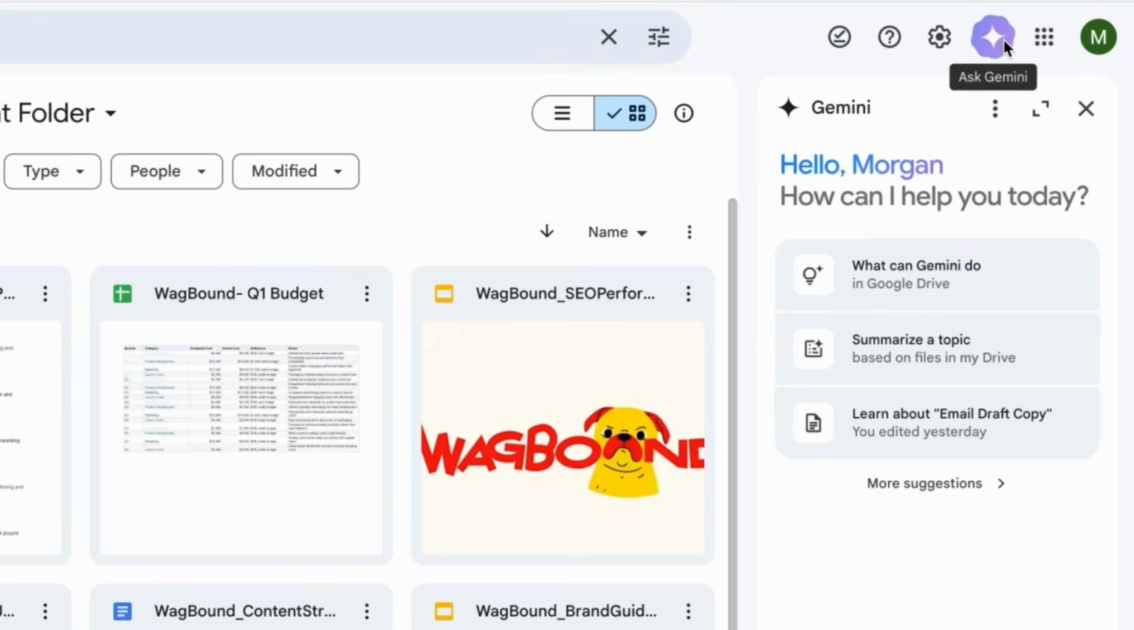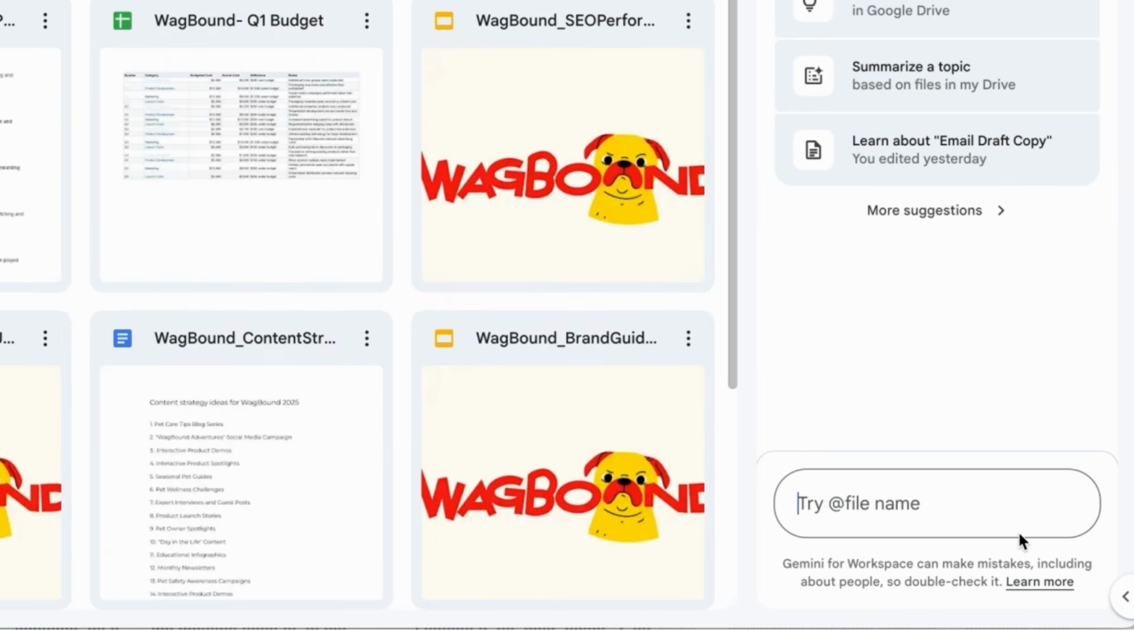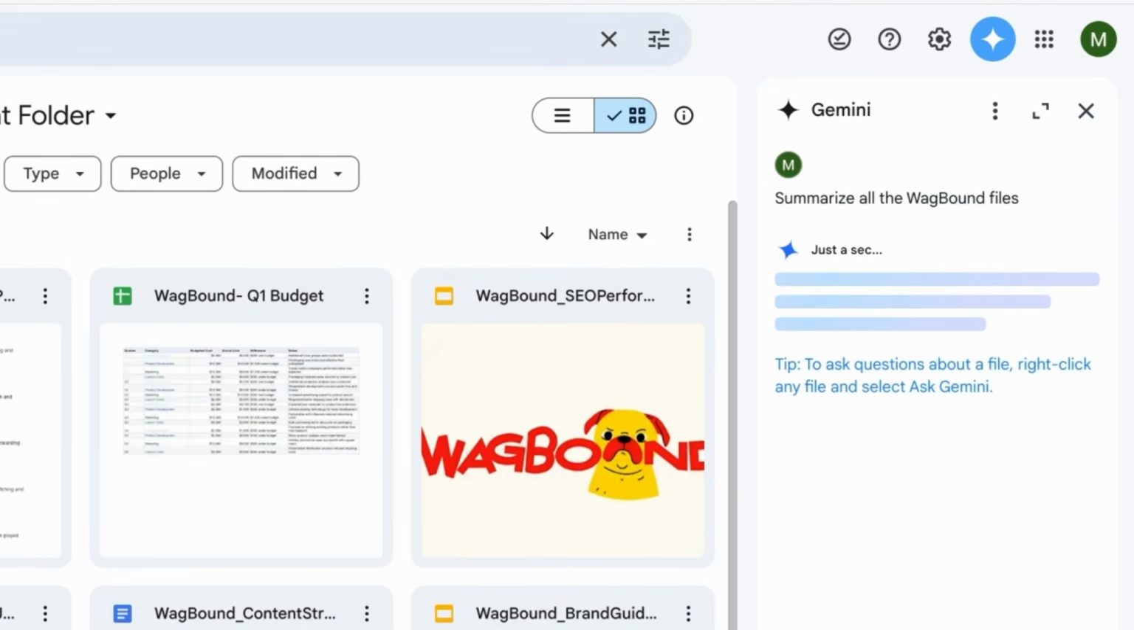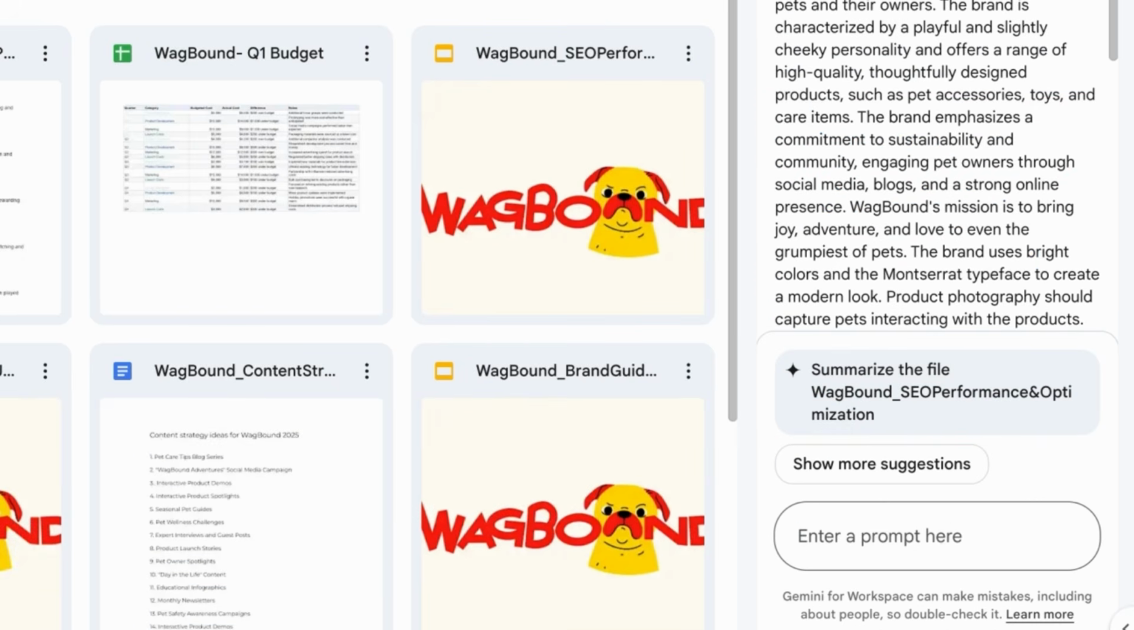Google Workspace. Today, we'll show you how to summarize multiple files in Drive. Let's get started. When looking at your Drive, click on the Gemini button in the top right corner. From there, ask Gemini to summarize specific topics like, tell me about this project, or summarize these files across my